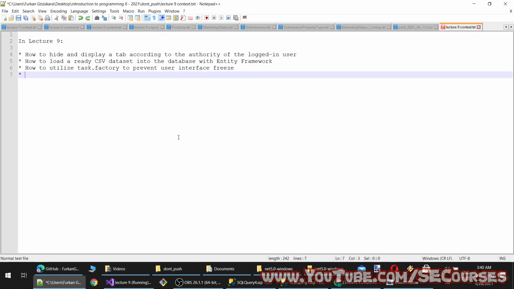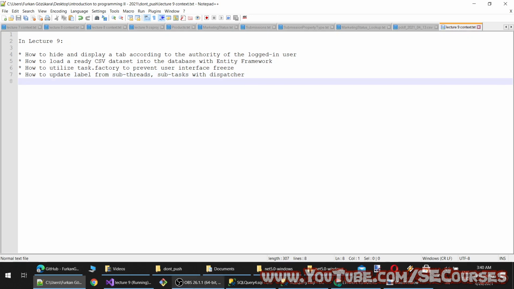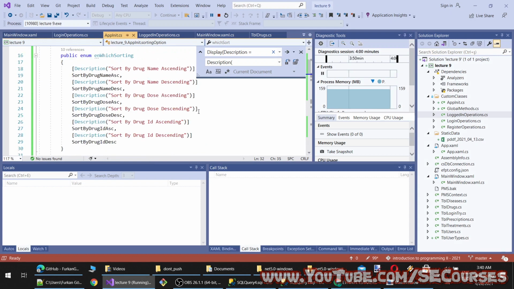Okay, how to update label from subthreads, subtasks with begin invoke or dispatcher. Yes, dispatcher. Okay, what else we have displayed?